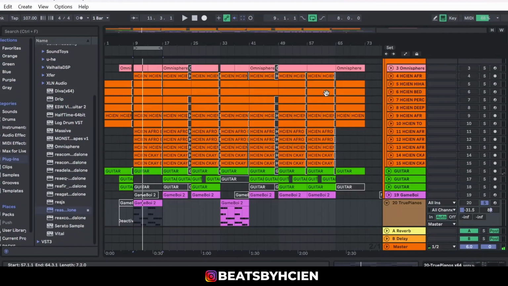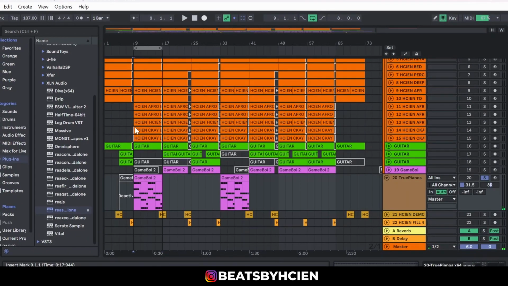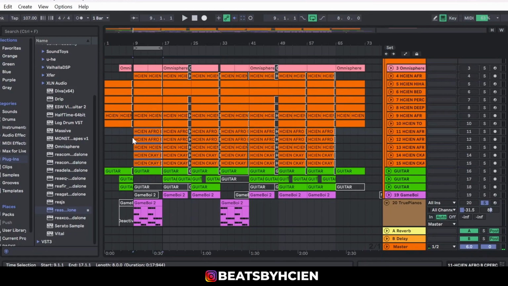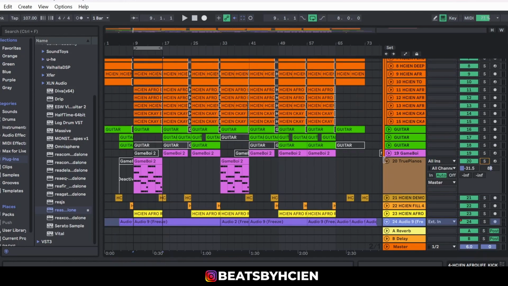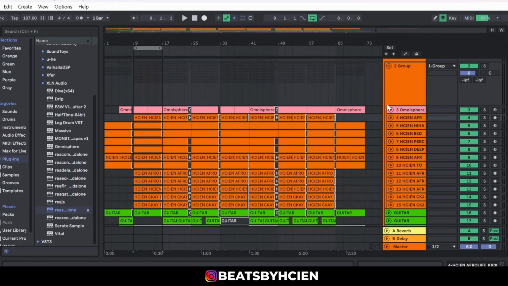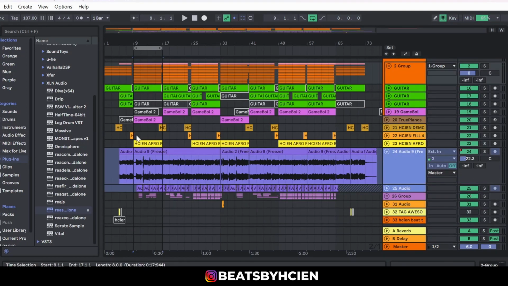And you can see after doing that, I added in more percussion. So the intro has less percussion, just a few of them. Then in the verse, I brought in every percussion, including the drums. And this is what the verse sounds like. And for this particular song, the verse is just 8 bars. So